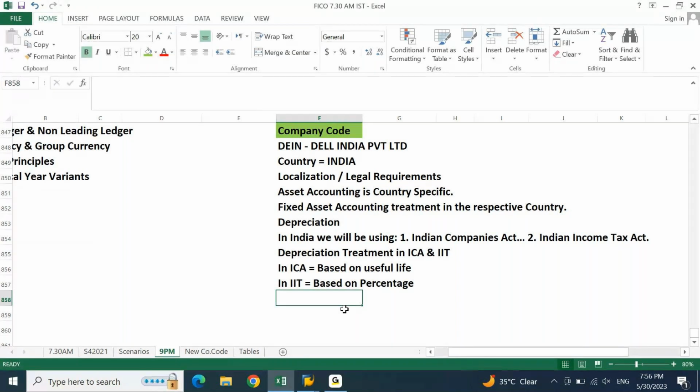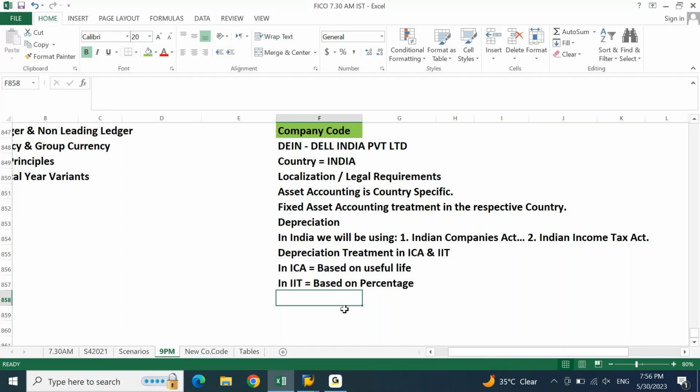For example, you are telling in your interview that you worked on or know asset accounting. If you look at your resume, you are going to have a list of projects.